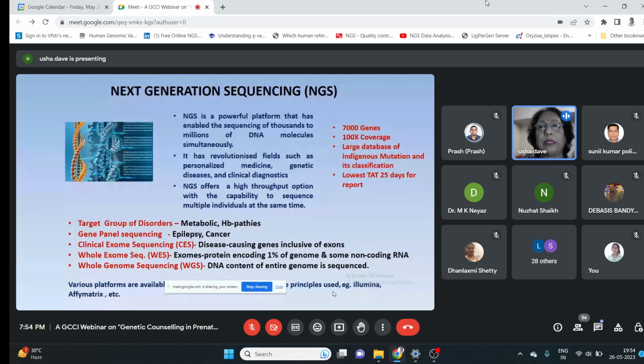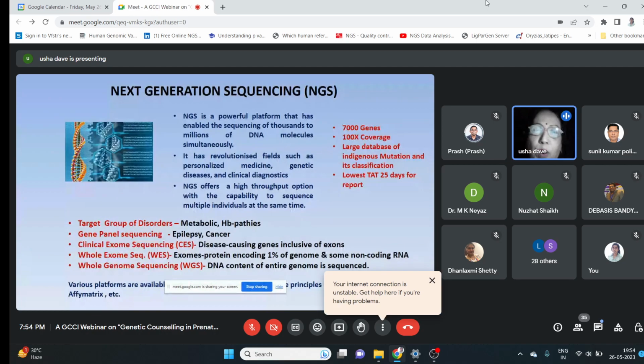We saw more than 7,000 genes or more coverage. It is a powerful platform that has enabled the sequencing of thousands and millions of DNA molecules. And since there are thousands and thousands of genes, to make it cost effective, the panels came. It is very important to understand that the clinician also has to understand the biology of the patient. In case the clinician understands the biology of the patient, he can also